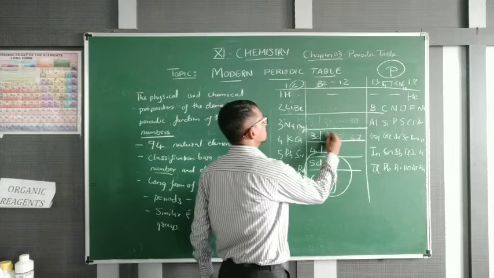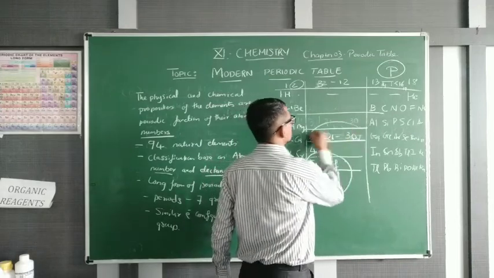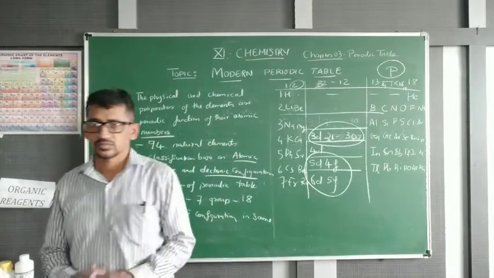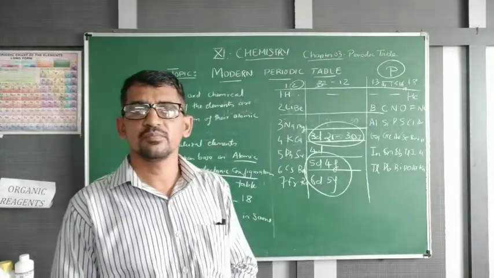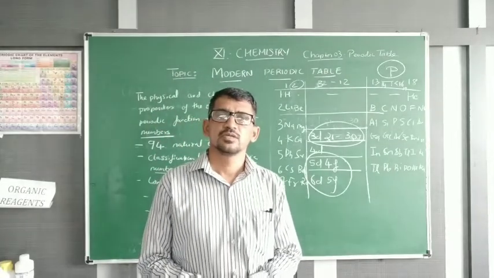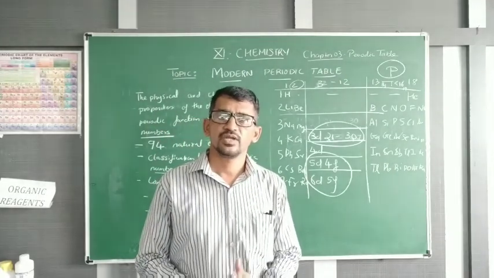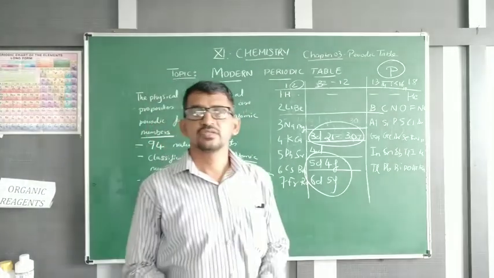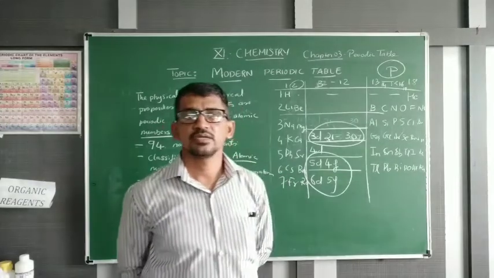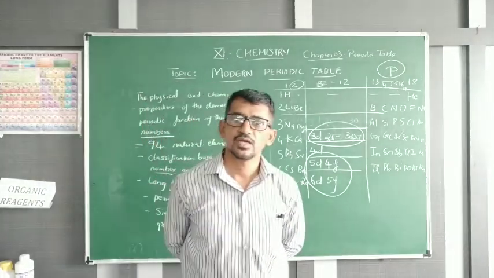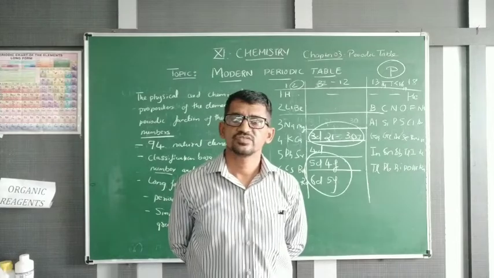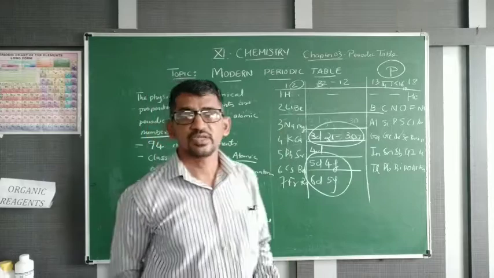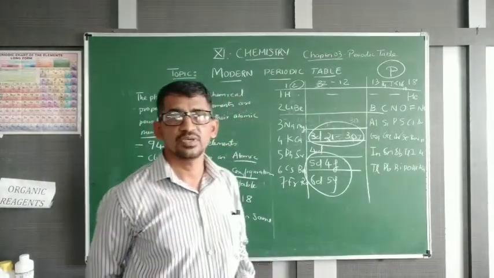Here you have to remember this number, that is 21 to 30. 3D orbital, 21 to 30 means scandium, titanium, vanadium, chromium, manganese 25, 26, that is iron, cobalt, nickel, copper, zinc. Zinc is 30. So you have to remember elements 21 to 30 because the transition chapter is there, D block,